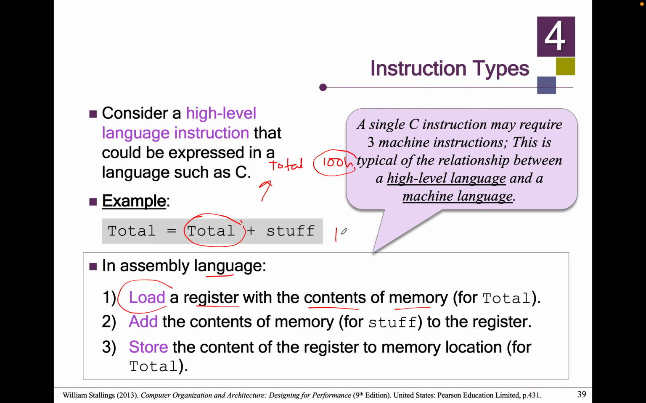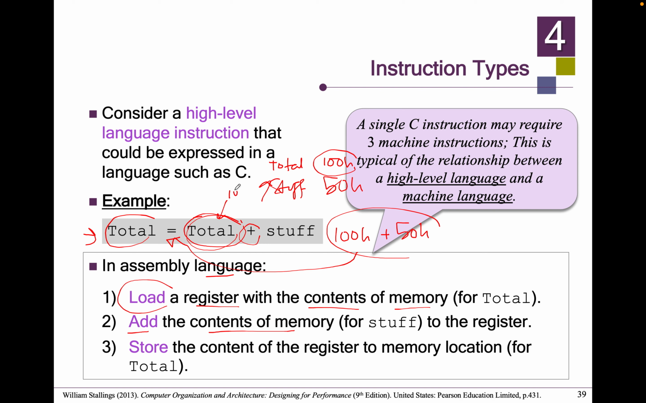Then you're going to add the content of the memory under your stuff, because stuff you also already declared. Let's say it is 50H, so you add, and after you execute this single line, this total will be stored back to your total. So the initial total is 100H. After you execute this single line, this total will be updated to be